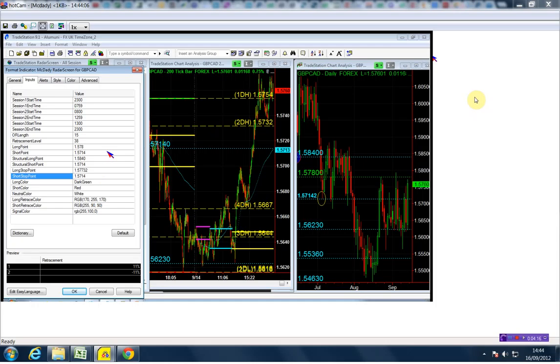Okay, that is the Pound CAD. We're buying it above 157.80. We have a structure point at 158.40, and our stop is going to be 157.32. On the short side, we're going to go short below the structure point, which is 157.14. Alright, let me save that, and let's